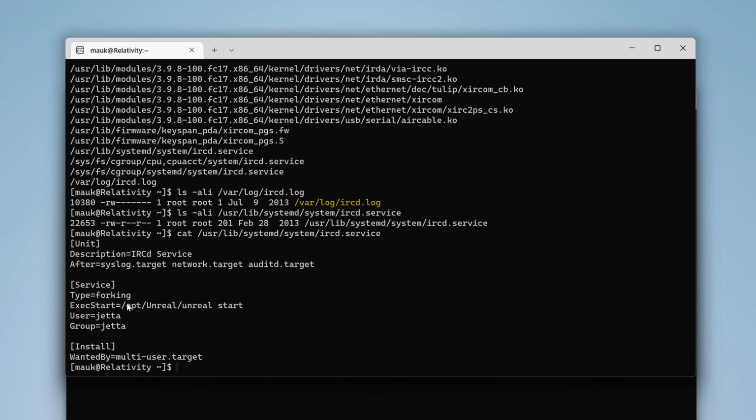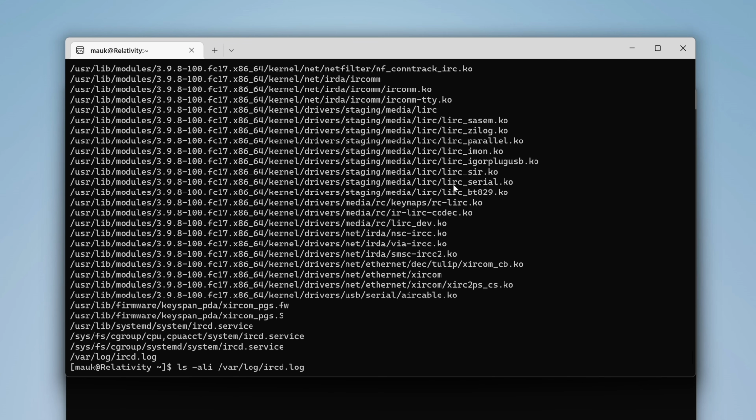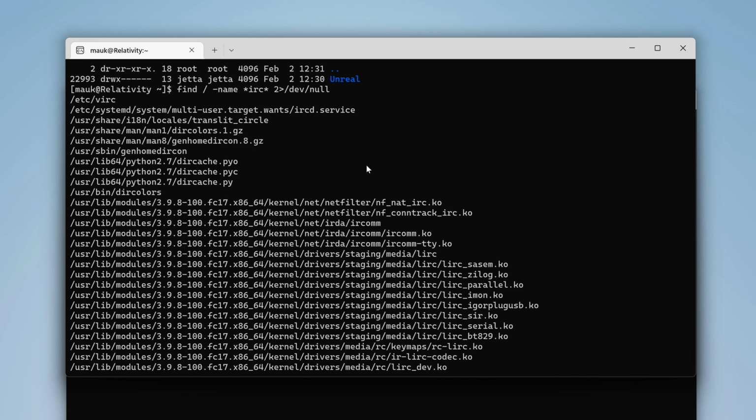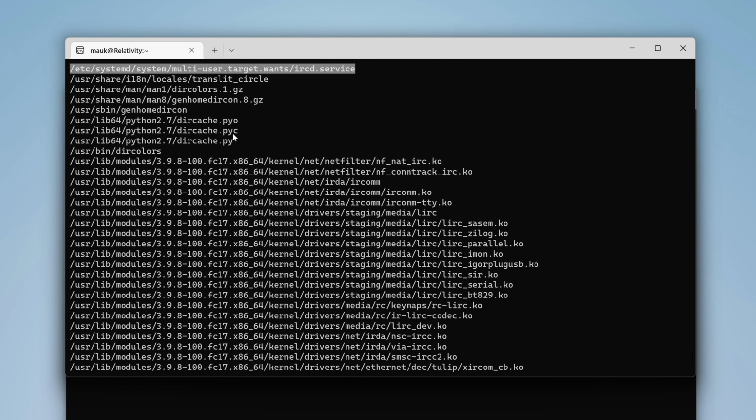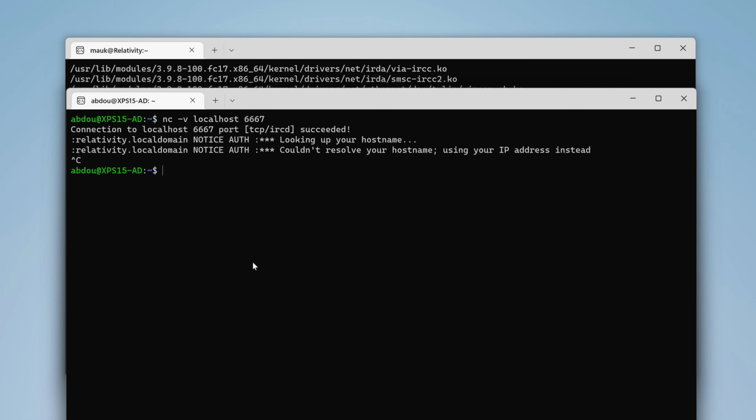So it's trying to run IRC as a service using this user, but we have nothing that hints at the correct version. We have here something that's not related to IRC, and yeah, we don't have. We have something here, but it's related to the service. I'm not sure if it contains anything interesting. You know what? I'm going to interact with this using an